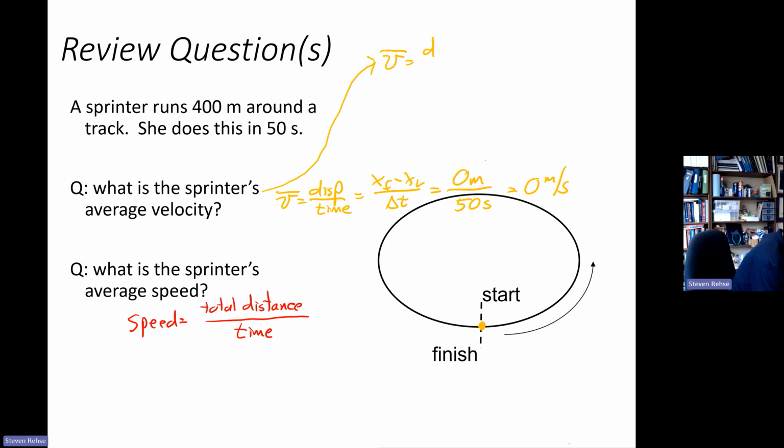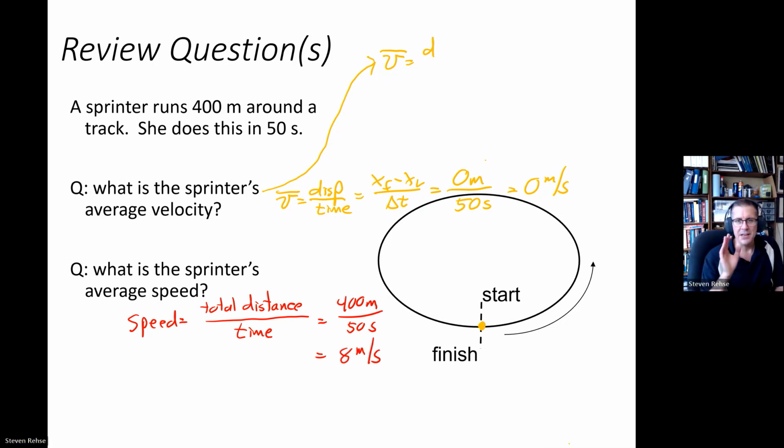Her total distance was 1 loop around the track, which was 400 meters. Again, the total time was 50 seconds. So her average speed was 8 meters per second. Not the same thing. This is a perfect, simple question that illustrates the difference between average velocity and average